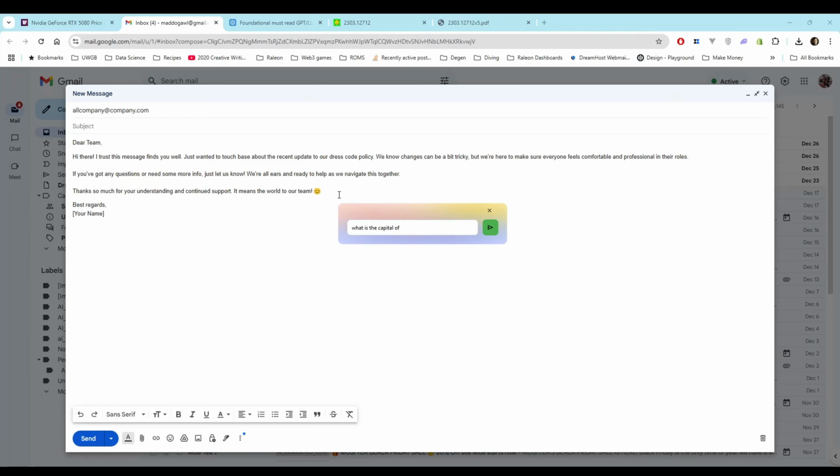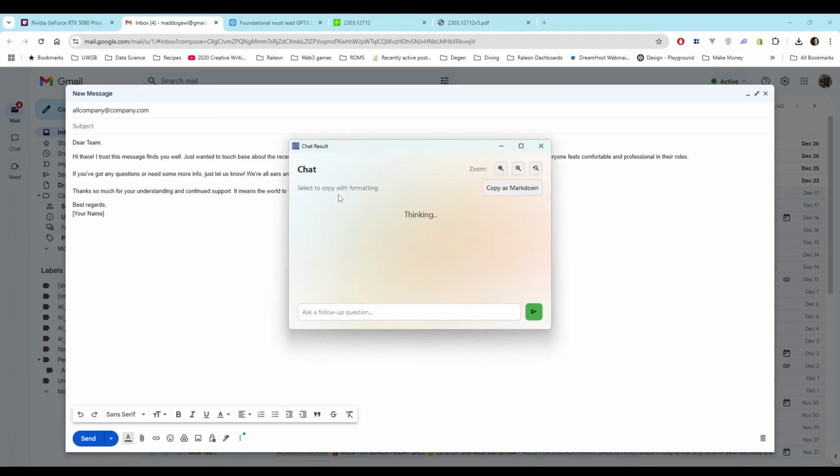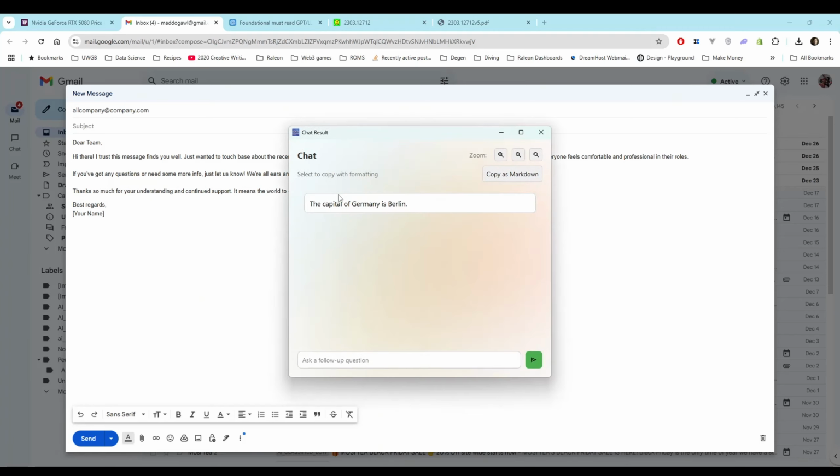So now I wanted to test, all right, how useful is it to just ask it information. So I asked it some stuff that I knew, like the capital of Germany, which is Berlin. Then I asked how many people live there, and the answer should be around 3.5 to 3.8 million. I can't remember exactly. So yeah, 3.7 million, and that's as of 2021. So it's relatively truthful, this particular model. But again, having it right here in this context is